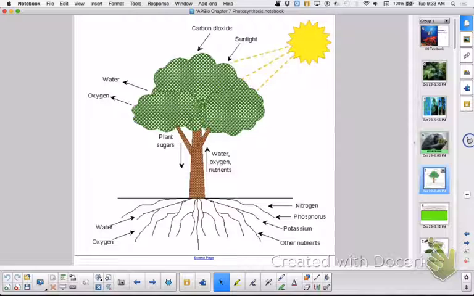If you take a look at this, you're seeing reactants coming in. Why doesn't Slate go ahead and explain this picture? Look at all the different things that are labeled in this picture. Carbon dioxide, sunlight, nitrogen, water and oxygen, nutrients, all products of trees. Water and oxygen are entering the roots, and then a bunch of other nutrients are